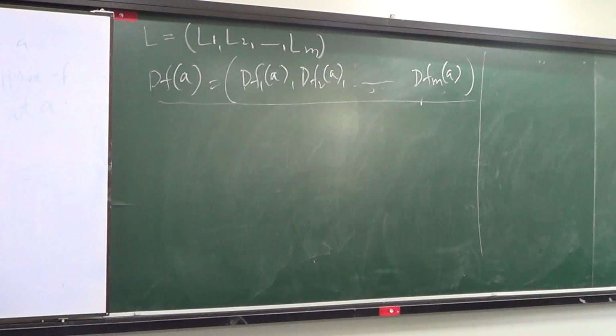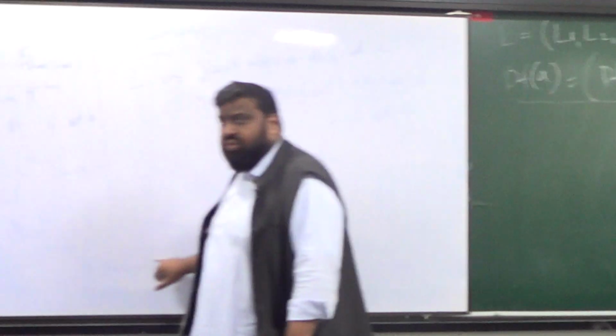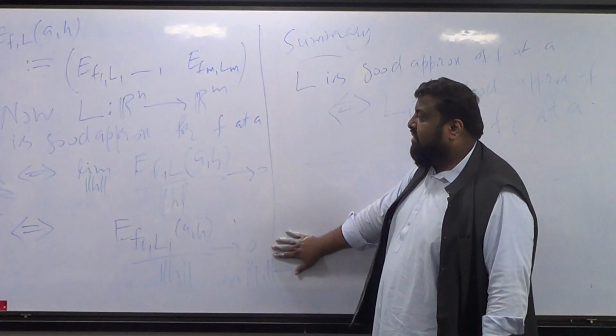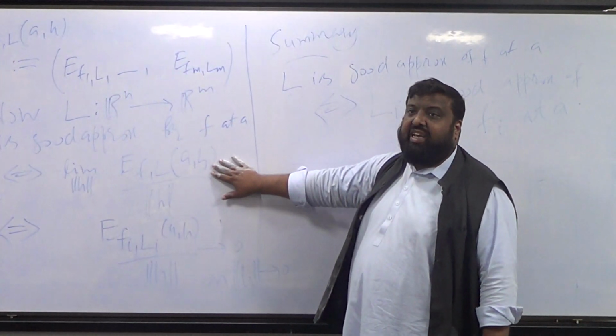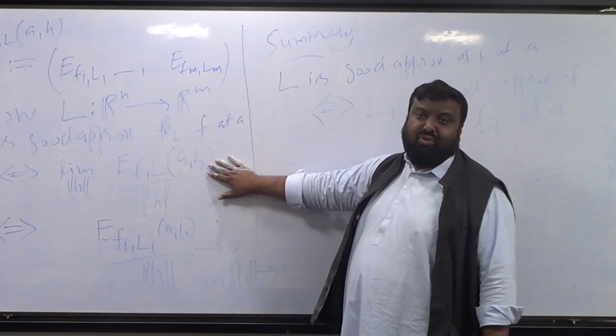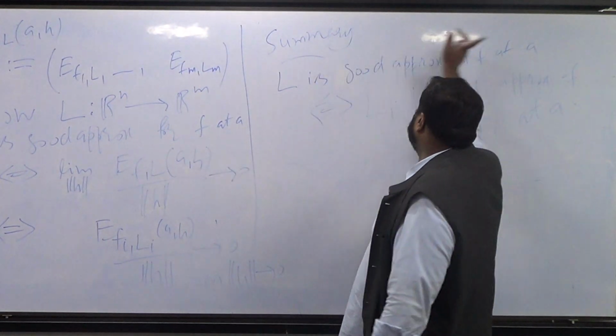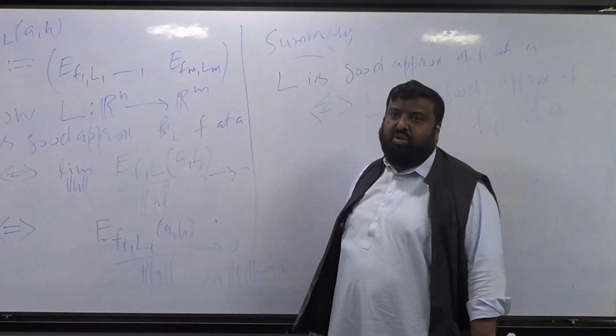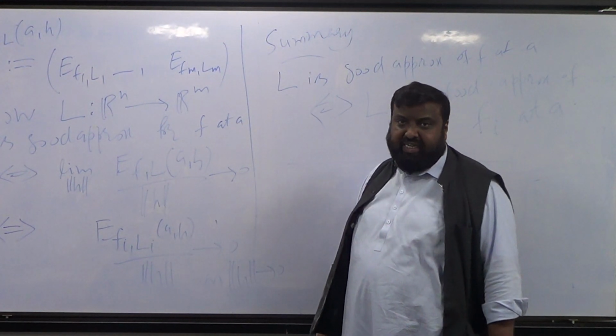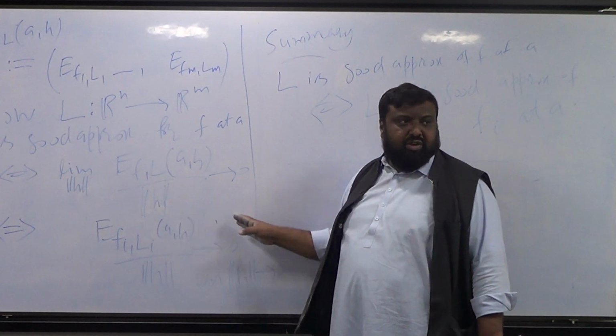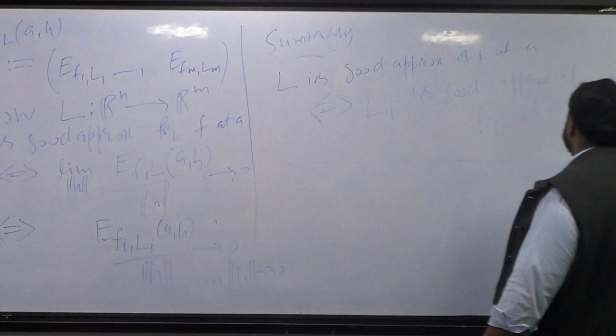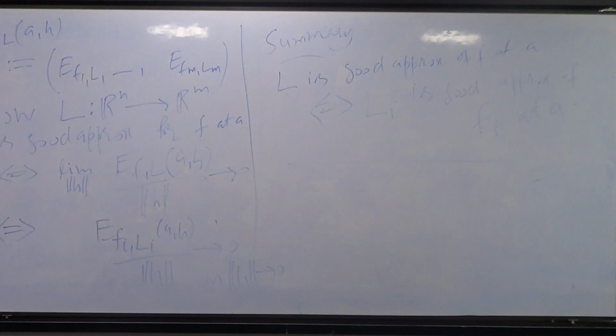The function fi minus its linear approximation Li, divided by the norm of h, goes to 0, and this will go to 0 if and only if the error between the original function and the linear approximation that we have here, divided by the norm of h, goes to 0. Okay? Since this is an if and only if result, what you can say is that